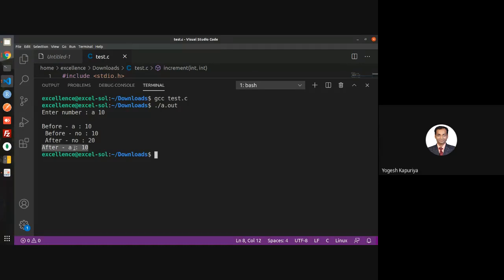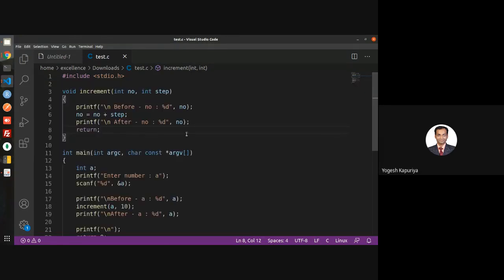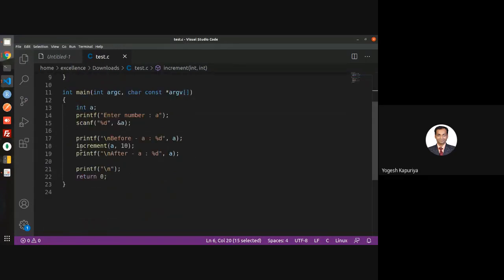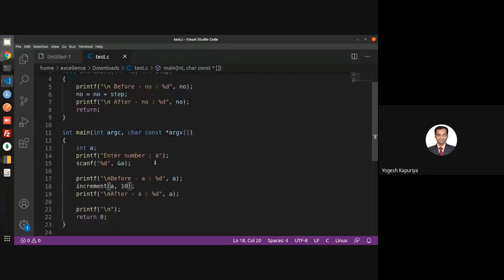But when it comes back to my main function and I'm printing the value of a, it is again printing 10. So that means inside the function, whatever you are passing, that function parameter changes, but that does not necessarily affect the calling parameter. So even though the value of a is assigned to no, that doesn't mean that no will be assigned to a. So they are not creating a replica. They are creating a copy. So when you are creating a copy, whatever changes you are making over here in no will not be reflected in a.